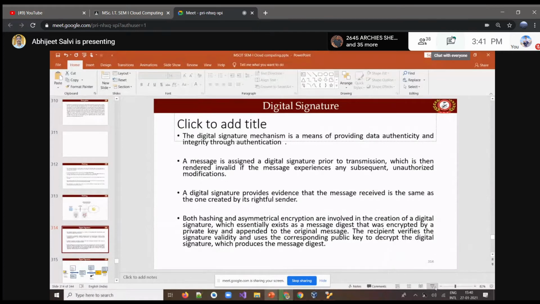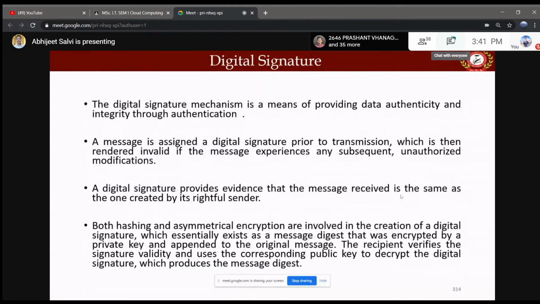Now, this digital signature is also something which we already know. This digital signature mechanism is a means of providing data authenticity and integrity through authentication. So a digital signature proves the message was not changed; that is the integrity. It also proves the source of the message, its authentication.